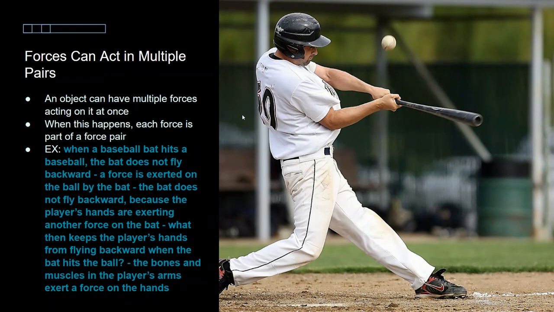If you weren't gripping, if you were just to throw a bat and a ball at each other, they would hit and they would go backwards. Okay, because their forces were acting on each other, and then the reaction was that they ended up going in opposite directions. But because you're holding the bat, and I don't know how many of you play baseball, but you feel the impact of that ball hitting that bat. Like you feel the vibration in your hands. And then it travels down your arms.